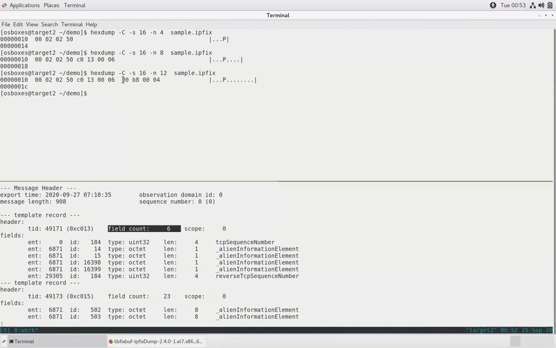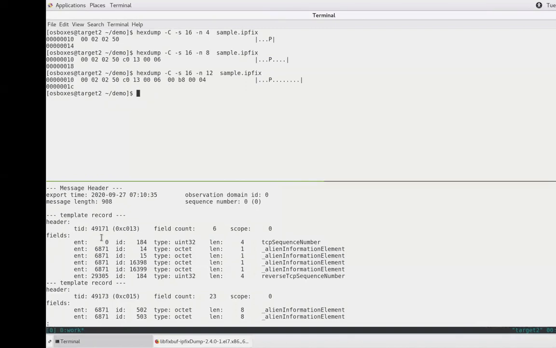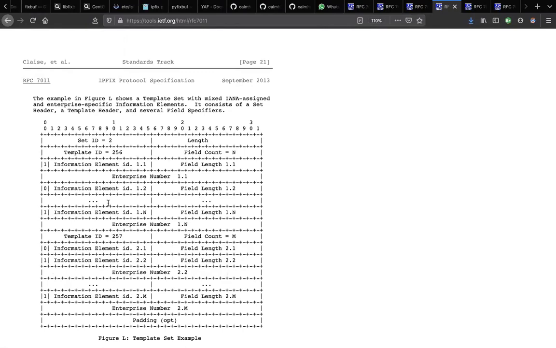Here our interest is in these bytes. Since the first nibble is equal to 0, we know that the first bit can't be equal to 1. So we are dealing with the case in which the enterprise number should not be mentioned.